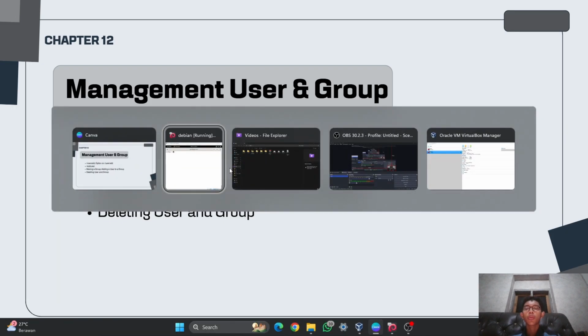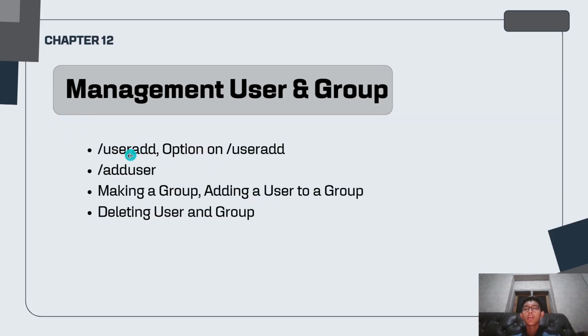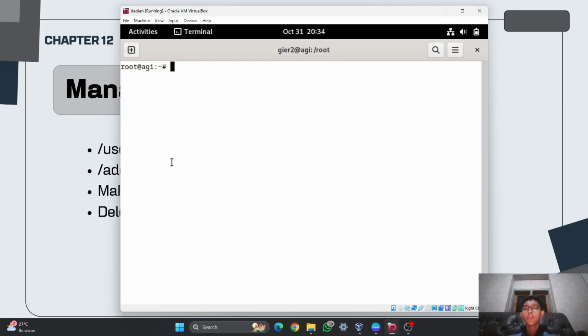It will get set automatically like that, not like the useradd command that we have to add -m and then -s. So for adduser, it will automatically create the home directory and make the shell /bash. So in here I will try to use /usr/sbin/adduser.